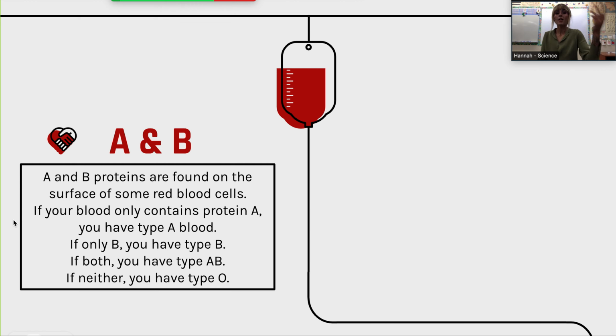So the A and B proteins are found on the surface of some red blood cells. You might only contain type A protein, in which case you'll have type A blood. If you only have the type B protein, then you'll have type B blood. If you have both A and B proteins on your red blood cells, then you'll have type AB blood. And if you don't have either the A or the B proteins on your red blood cells, then you have type O blood. So essentially, the type of protein that is found on your red blood cell is going to be the blood